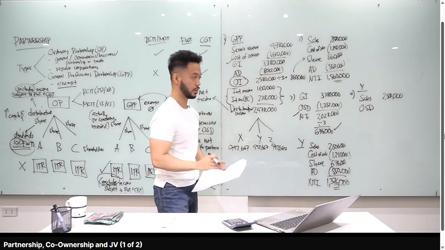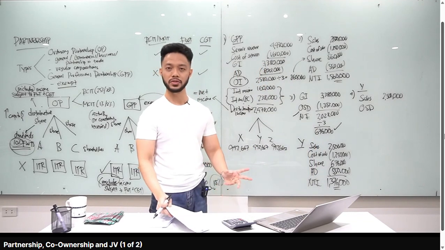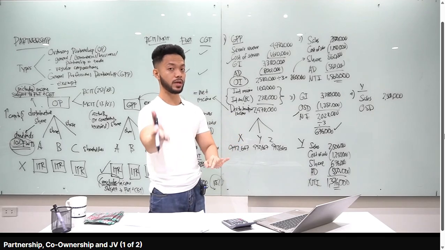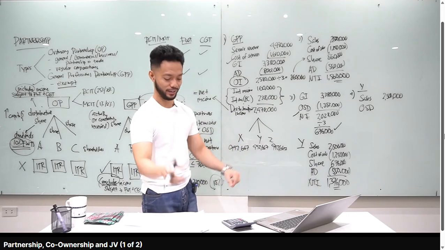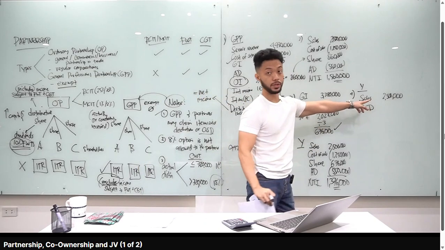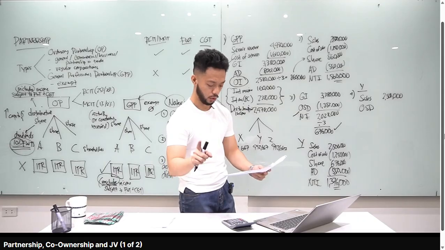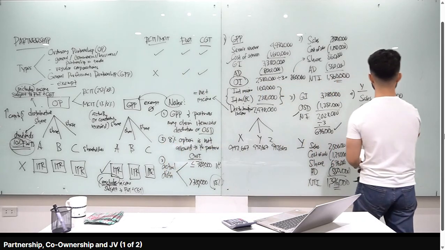Okay. So, ganito yung class. Yung OSD, for individuals, ano nga ba yung basis nun? Di ba? OSD sa corporations, based on gross income. Kapag individuals, ano yung basis mo? Gross sales or receipts. Naalala niyo pa? Okay. So, gross sales or receipts, 2.5 million yung basis mo. 2.5 million times 40%, you get 1 million. So, yung OSD natin is 1 million.